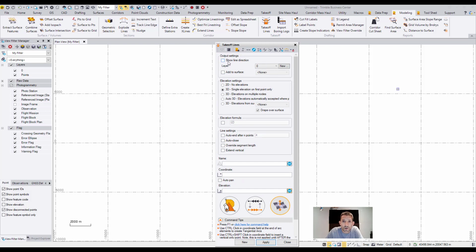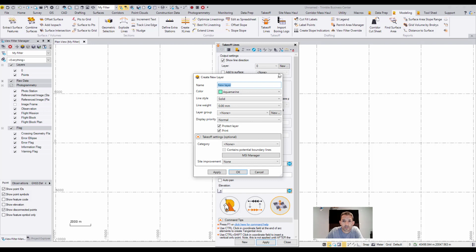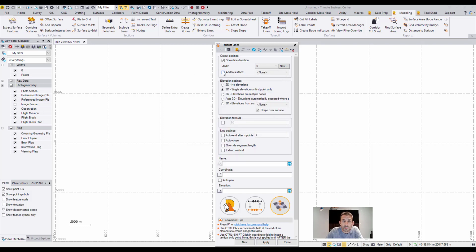As the first one, you have the show line direction. You can preset the layer if you start a new one. Since I opened just a blank template, all I have are two new layers. You can obviously click new and you get the Rockpile Solutions new layer option. You can add it to surface if you have any. And we start with a 2D line, no elevation. So the same idea as polyline. When I hit new,